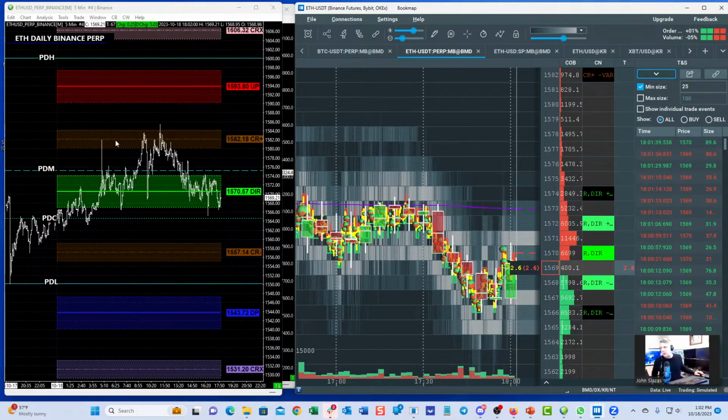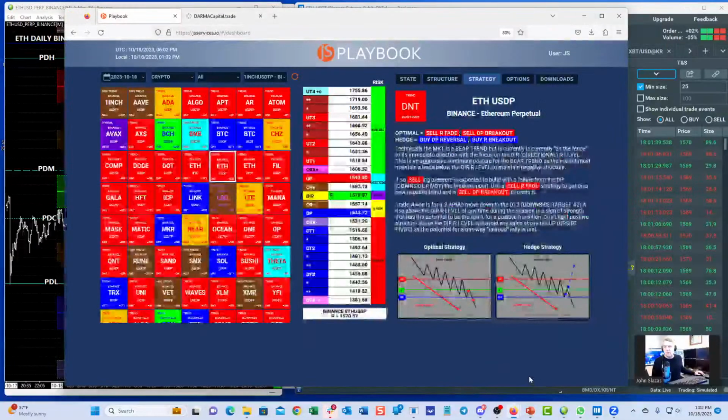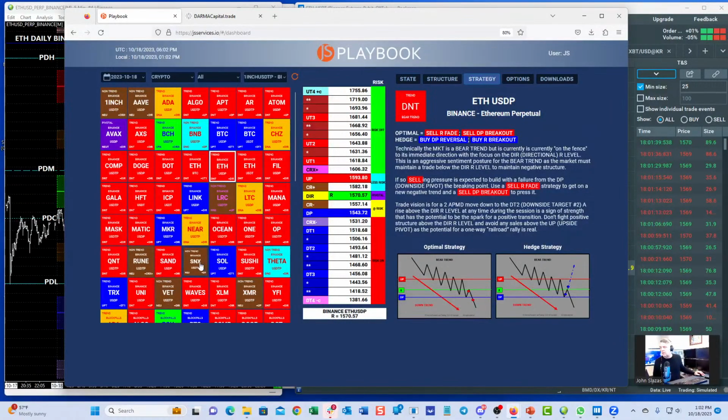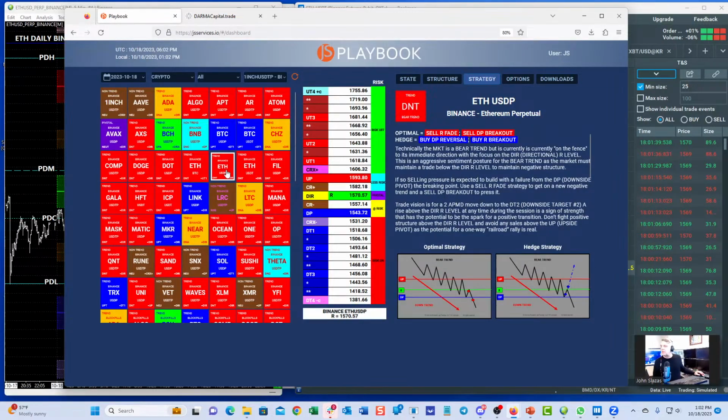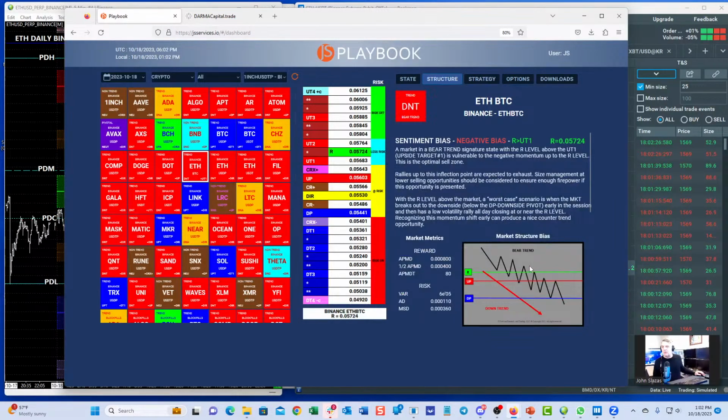And again, once you understand these structures, each of the structures, meaning where sentiment is, because just like the positive trend, you're going to have markets that are in a neutral. Here's a bear trend at the directional. Here's a market that's in a bear trend with sentiment above the market, so it's in alignment with the bear trend.